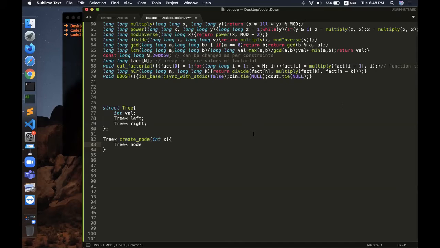Otherwise, you start from the root, compare the value, and if it is less, you go to the left side of the root, and if it is more, you go to the right side, and you recursively keep on doing the same thing. If you guys don't want, then I can probably skip this part.